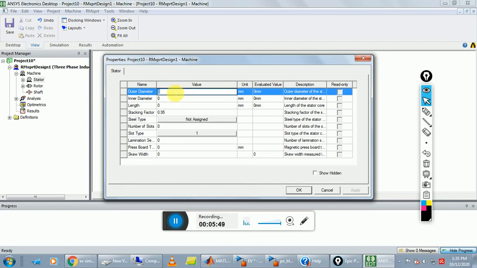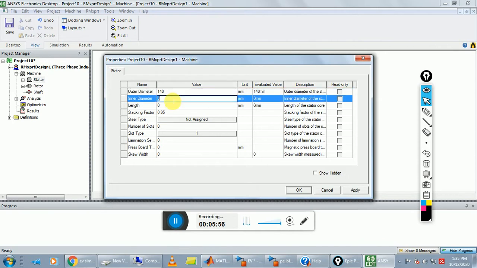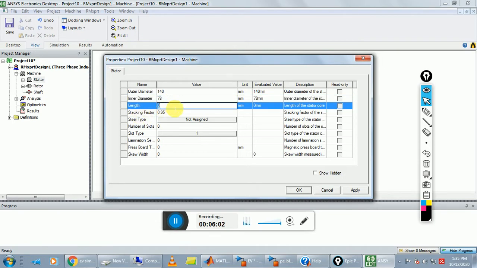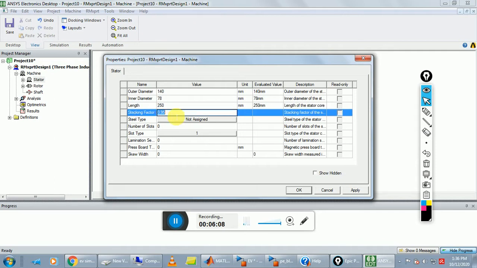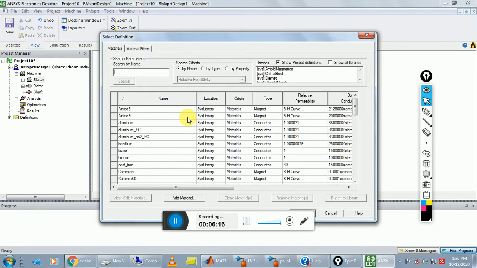We write down our outer diameter of our machine is 140 mm, and inner diameter is 78 mm, and length of machine is 250 mm, and stacking factor is 0.95, and steel type assign.